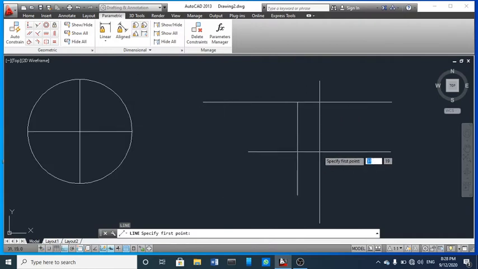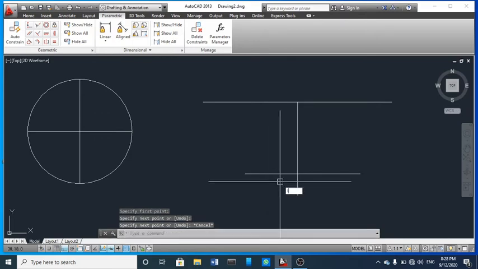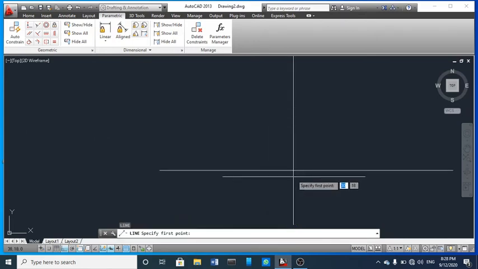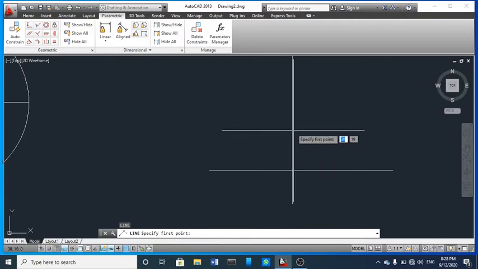If I am going to draw a line through this, then you can see intersection. See, this green cross shows the intersection. Here you can see written intersection. For the midpoint you can see here, this is called midpoint.